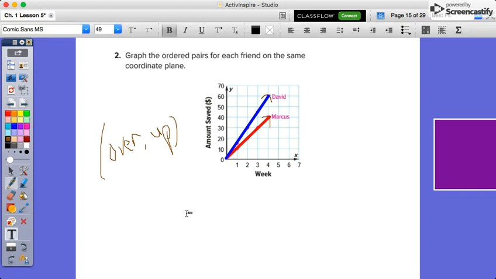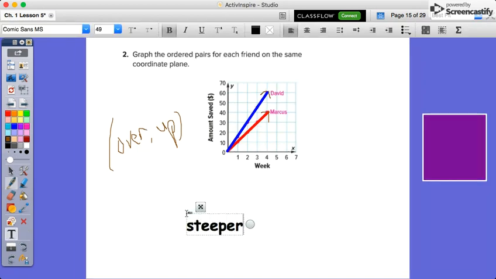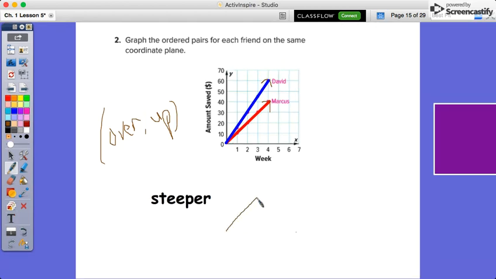Okay, when I think about steeper, I think about like a mountain. Okay, let's say I have a mountain that looks like this and a mountain that looks like that. And I asked you which one is steeper. Okay, the steeper mountain is the one you'd go faster down if you were to ski or snowboard down. Okay, and the steeper one is here. These sides of the mountain are a lot steeper. Okay, I know this mountain's taller, but that doesn't necessarily make it steeper. So when I look at my graph, steeper line,